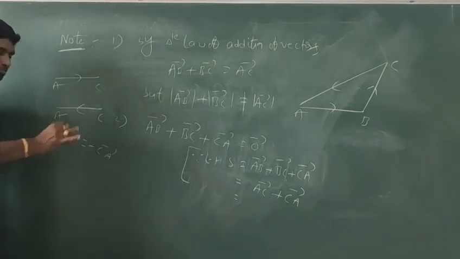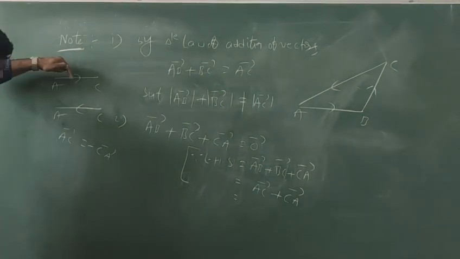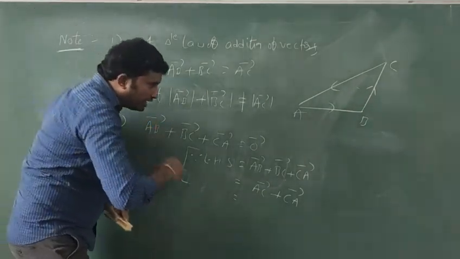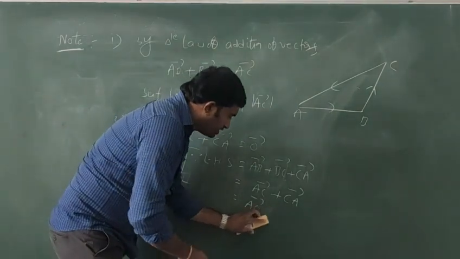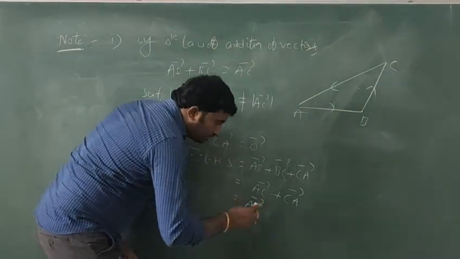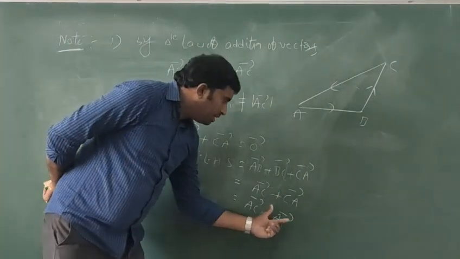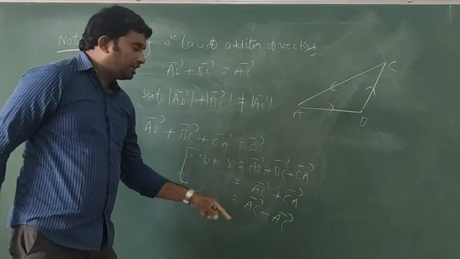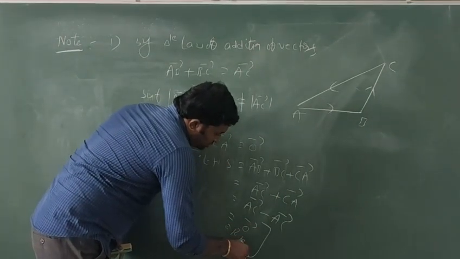Magnitude is equal, but we will write minus. Why? Because the direction of this vector is opposite to the given vector. So finally, here we can replace AC bar as it is. Next, CA bar can be replaced with minus AC bar. Otherwise, CA bar as it is, and instead of AC bar we can write minus CA bar. Finally, this is what? Null vector. This is RHS.